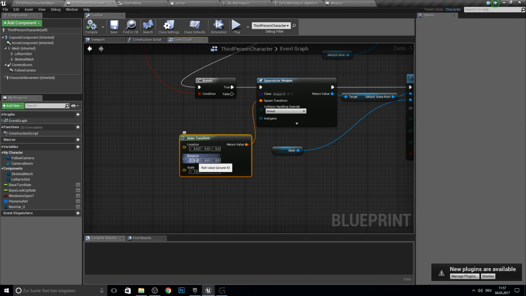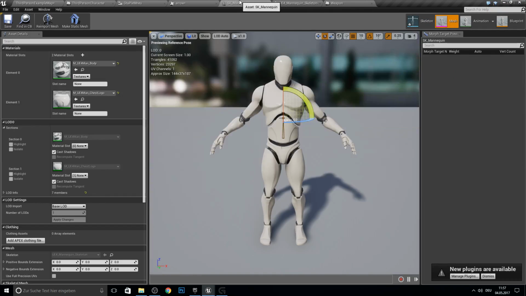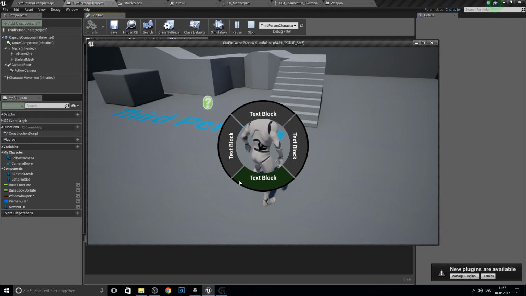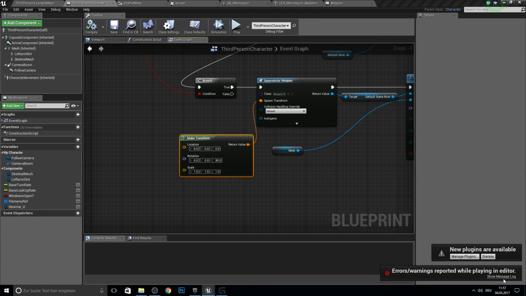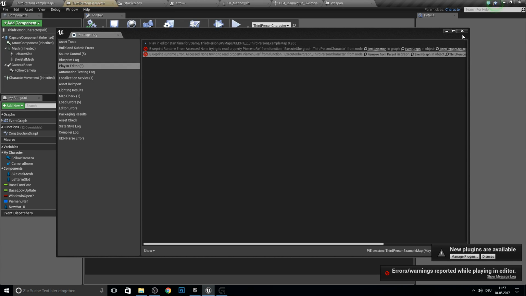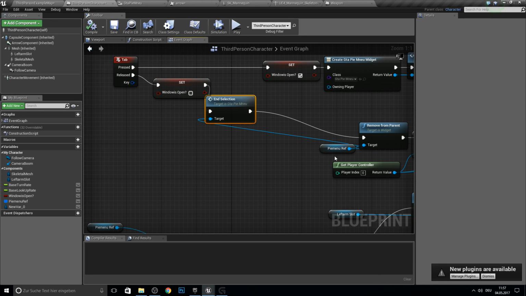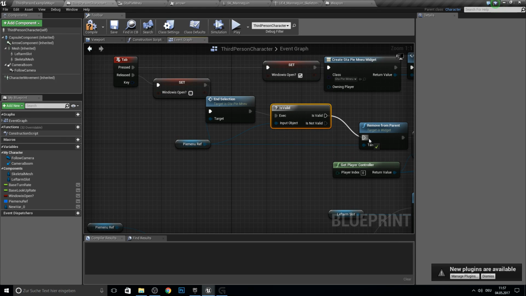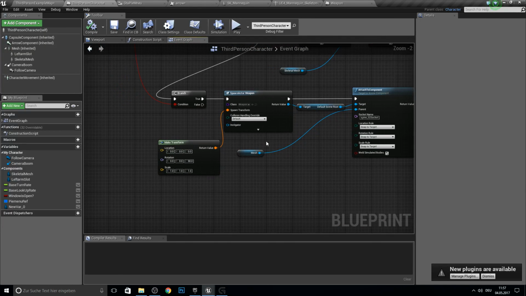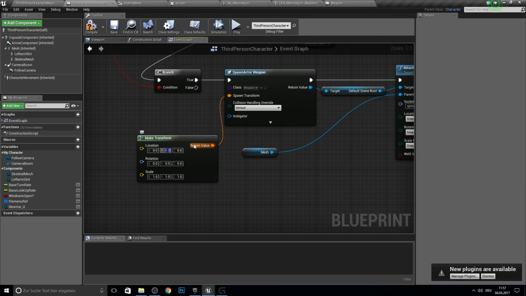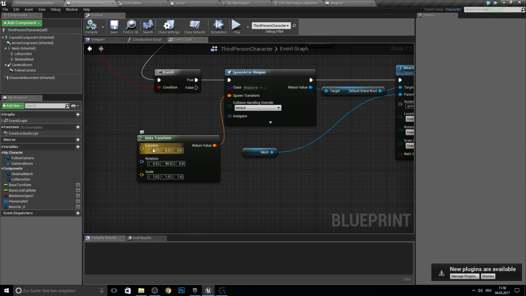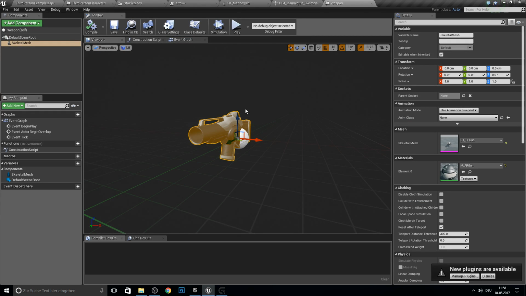So let's actually get here. Let's see. So you need to play with these values here. So let's test this out. Nope, this does nothing. So it just gives us an error. So here we have an error, so let's check here is valid. So only if it's valid it should remove from parent. And then here in our small thing, like this 0 here. Okay, I don't think this works here, but let's test just here the Y. And no, it doesn't rotate here, so these values are defaults, and we actually need to work here with the